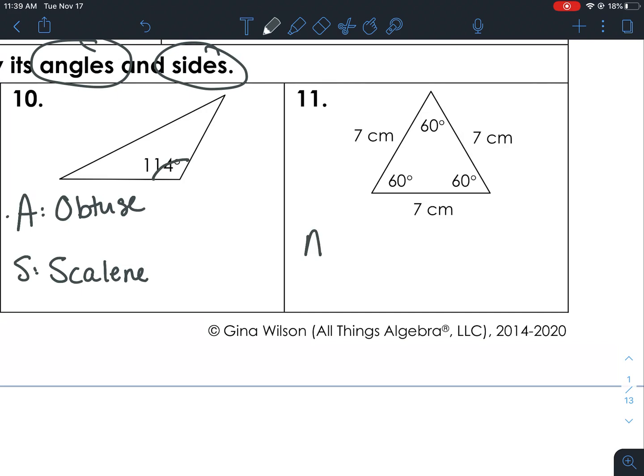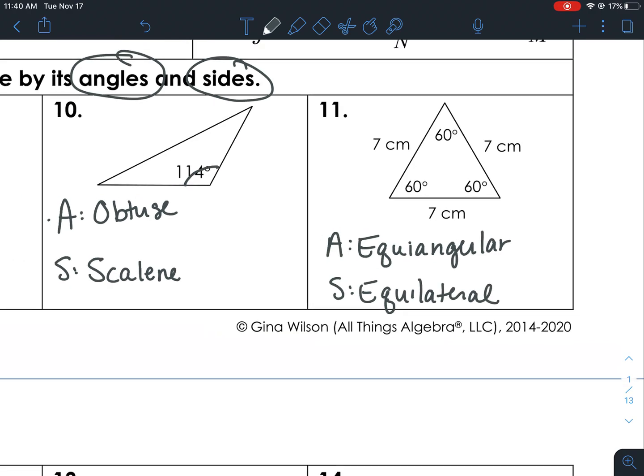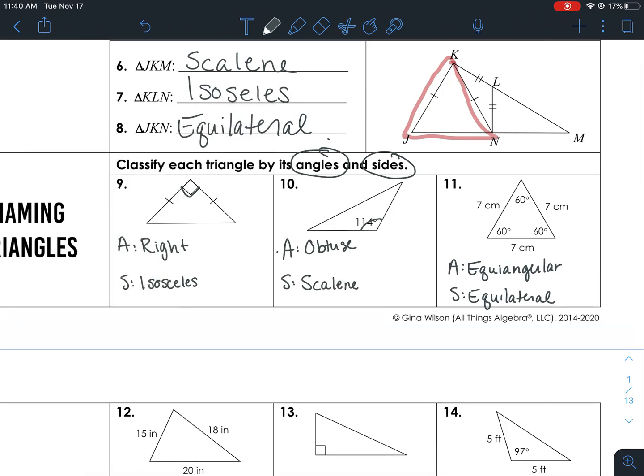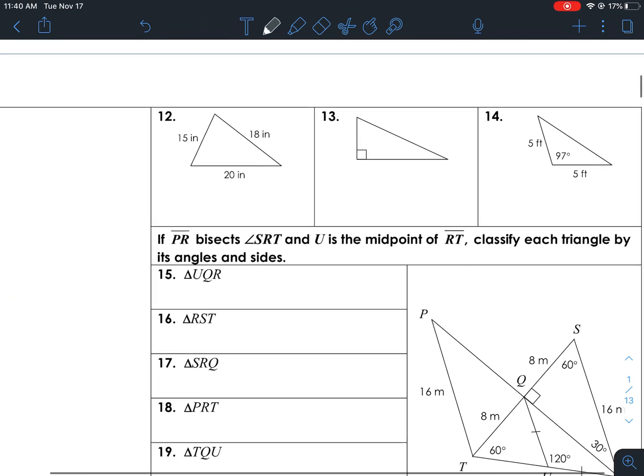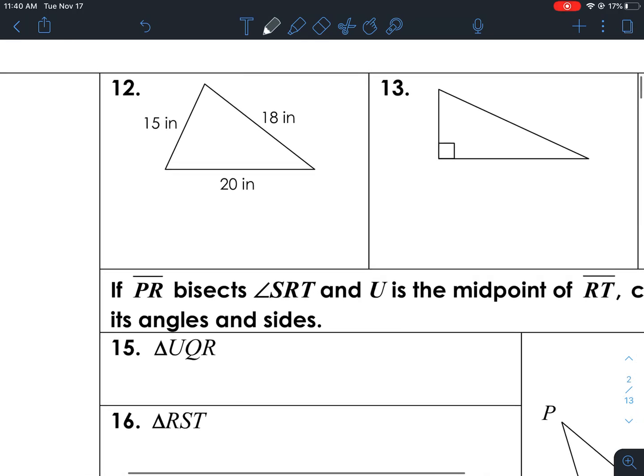All right, by angles, we can see all of these angles are the same. So this was an equiangular. And by sides, all of our sides are also the same. So this was an equilateral. All right, let's do some more practice here. So by angles and by sides, here none of these look to me to be obtuse, so we're going to